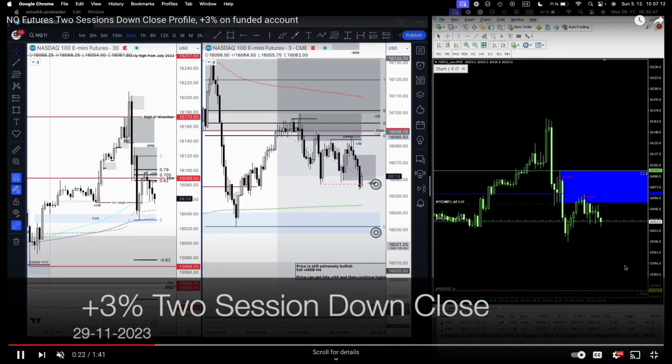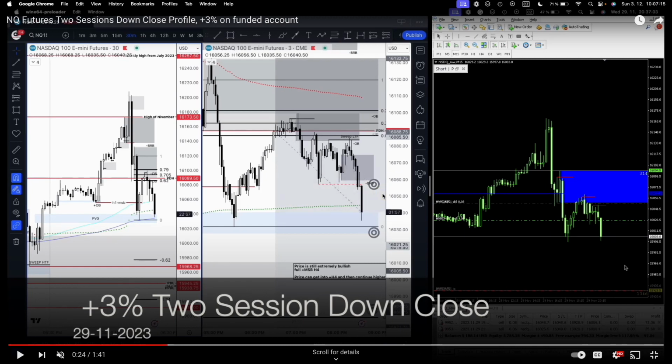Okay, so we are filling into this bullish breaker, and you can see that there were not buyers at all at this level, right? There are no buyers, because if there were buyers, the price would react really differently. So I'm thinking, okay, if there are no buyers, these traders already took profits here or switched their bias and are just covering their longs into shorts,